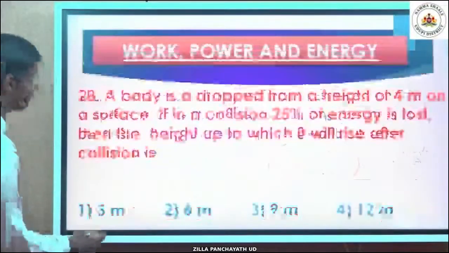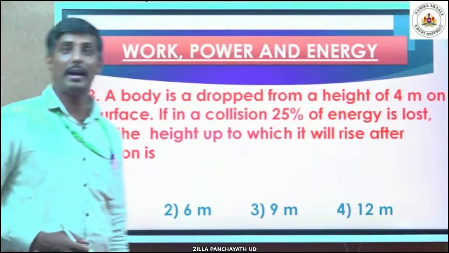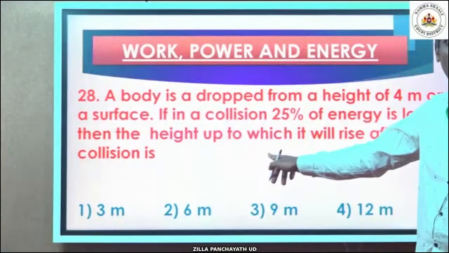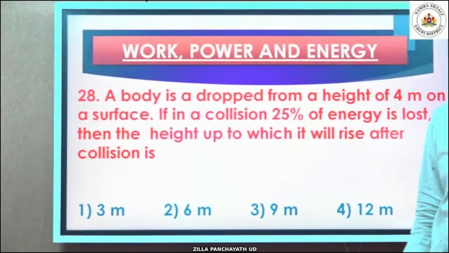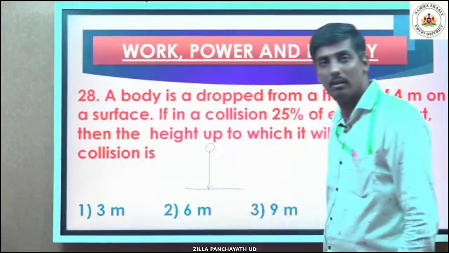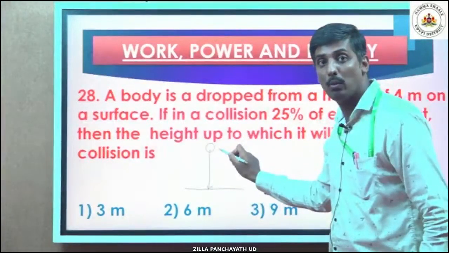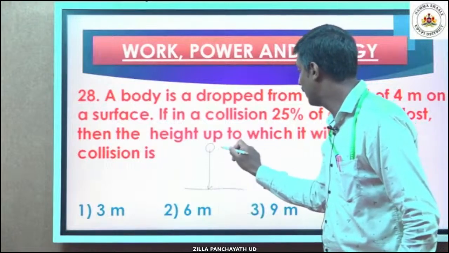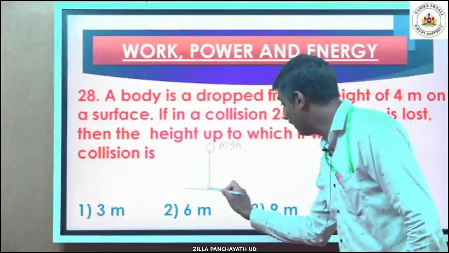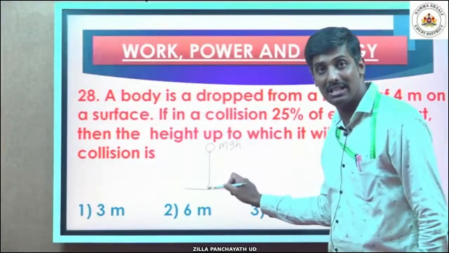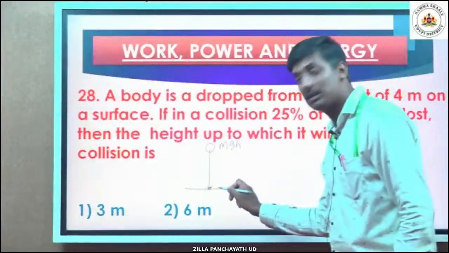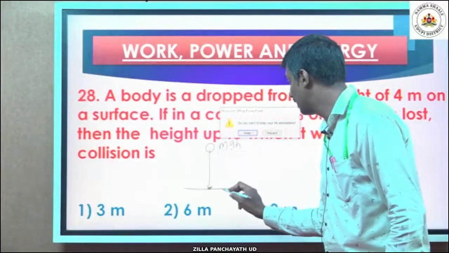The next will be, a body is dropped from a height of 4 meter onto a surface. If in a collision 25% of the energy has been lost, then find the height. Clear? So look at what it says, a body falls from above. I already said, at this point what energy does it have? It has the energy mgh. Okay, that is it. When it falls here, what happened? Again it has mgh energy only, kinetic energy mgh, but 25% was lost. If 25% is lost, how much is still left? So it has the energy of,